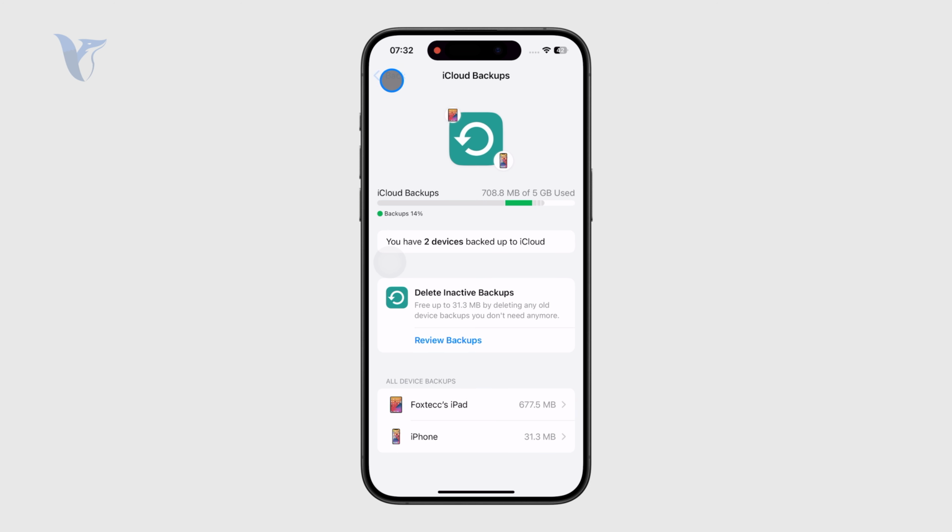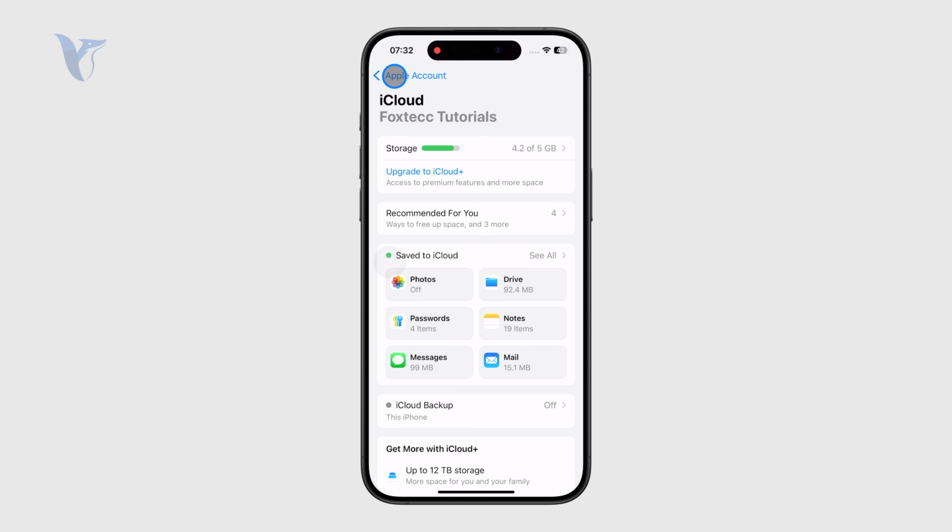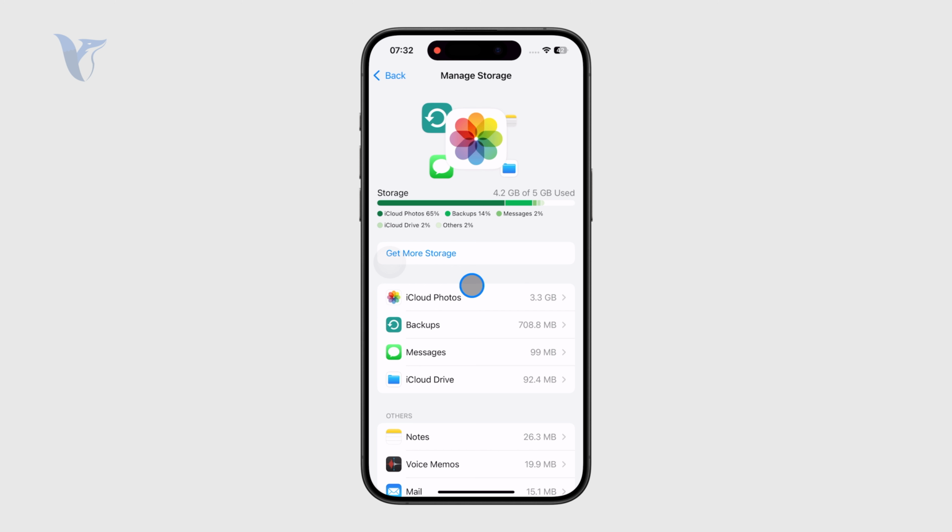So these are the things you can see, but what I don't like about it is that I cannot specifically check out, for example, which photos are backed up, right? I can see that there is like 3 gigs of photos stored or backed up to my iCloud, but which photos are they specifically? Well, for that, what I like to do is to open up the Safari web browser